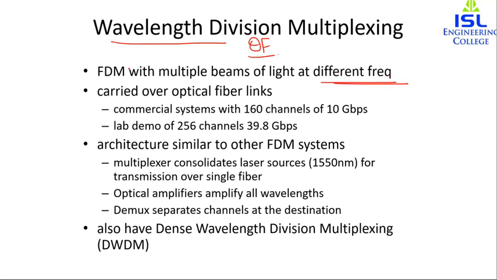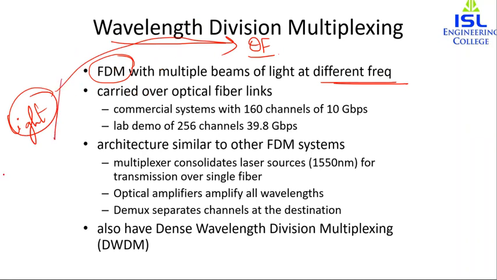This is actually another form of frequency division multiplexing, but we call it wavelength division because we are dividing the light. The light streaming through the fiber consists of many colors, and these colors are usually called wavelengths. So in the case of wavelength division multiplexing over optical fiber, the light is in the form of many colors, or many wavelengths.